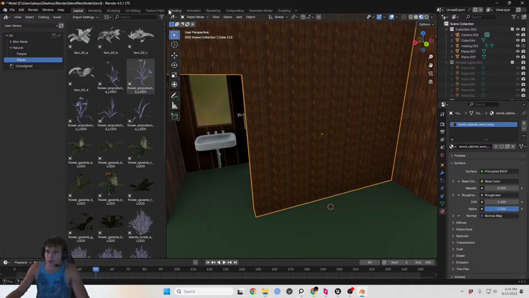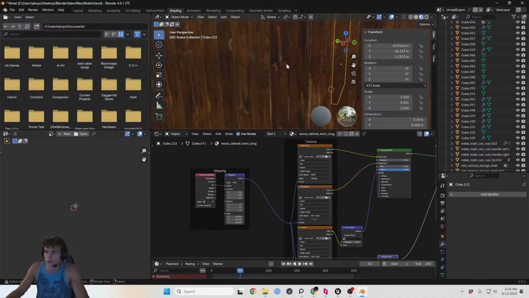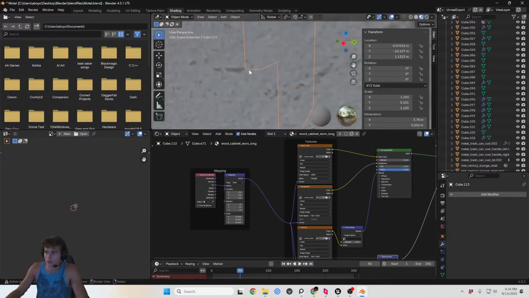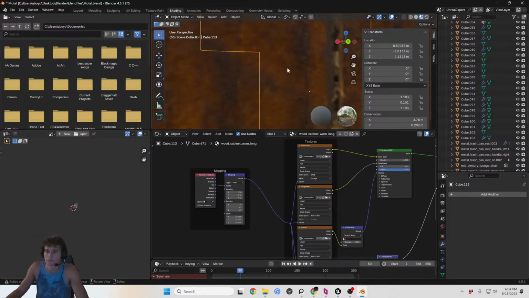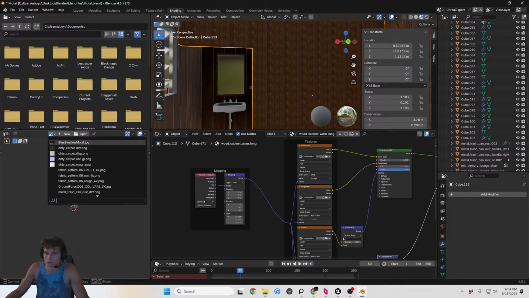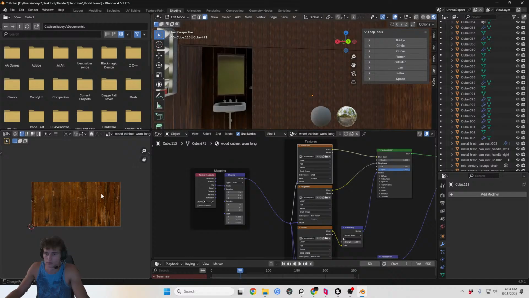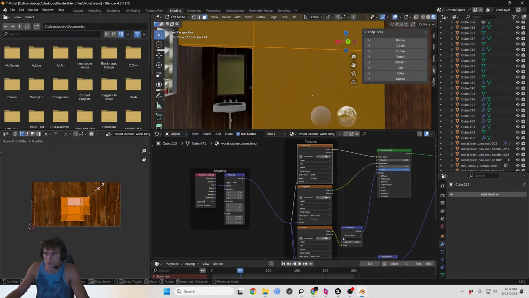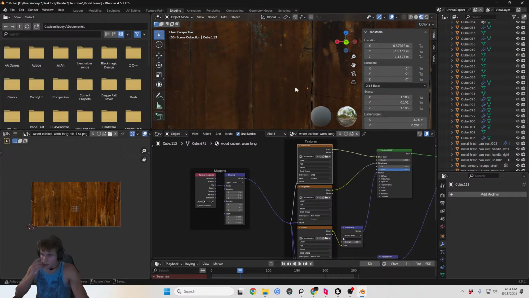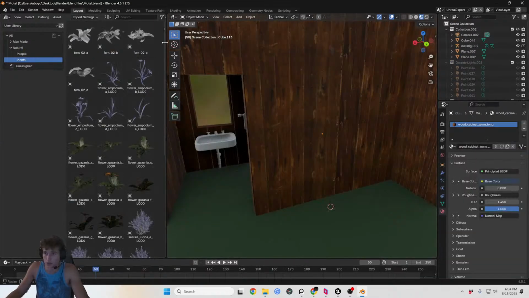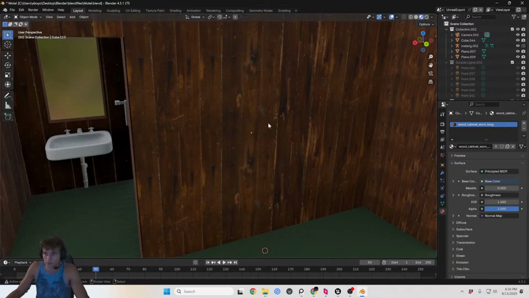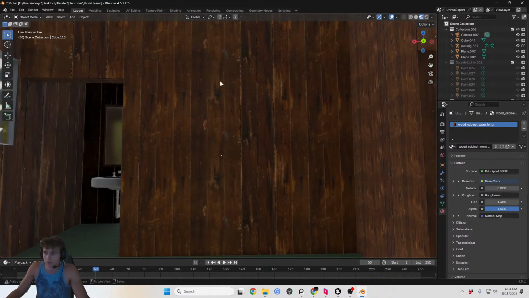I guess I should fix, I'll go ahead and fix the scaling. This isn't really the texture I want to use. I want to find more of a 70s era wood panel texture. This is real wood, so not really what I want, but